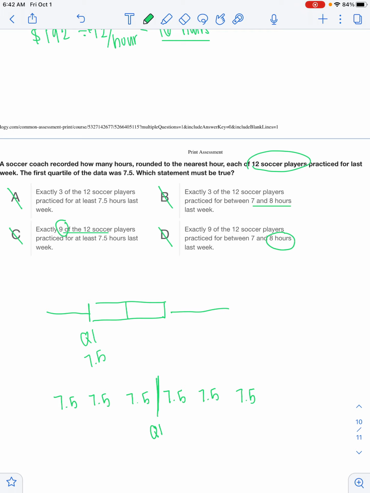So I accidentally eliminated a correct answer. Can you guys tell which one it is? It's A. It's A. And the reason why is this. We know that Q1 is 7.5, which means that all of these 3 players, these 3 players here,